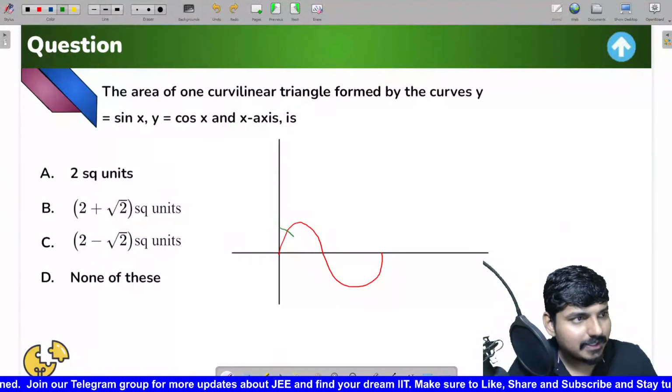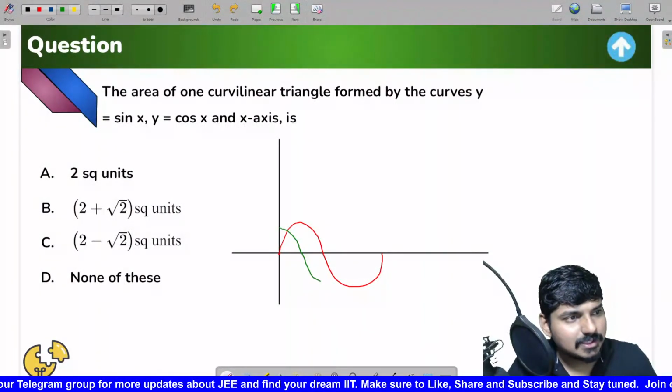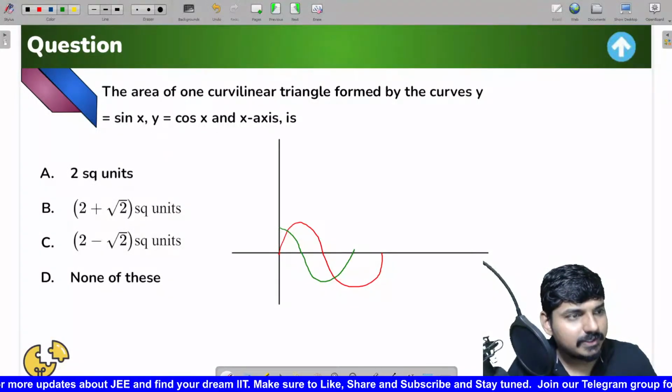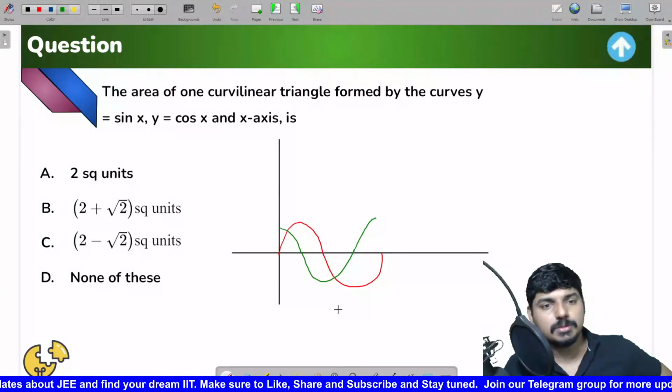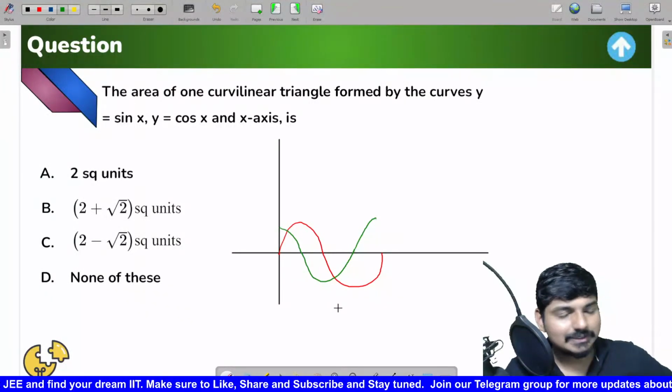Let me draw a neat diagram for you. Okay, so this is how the graph of cos x is going to look. Now, what is he asking you is that